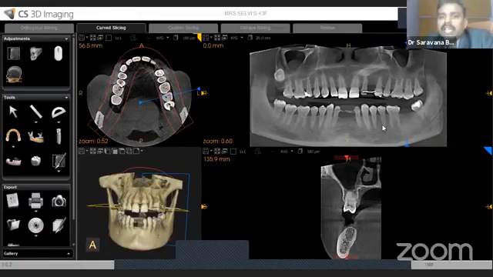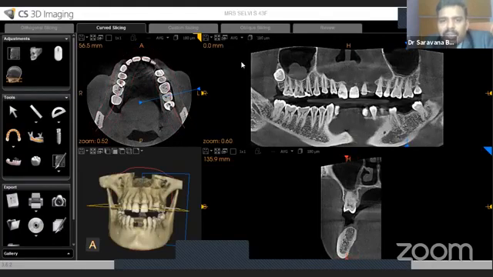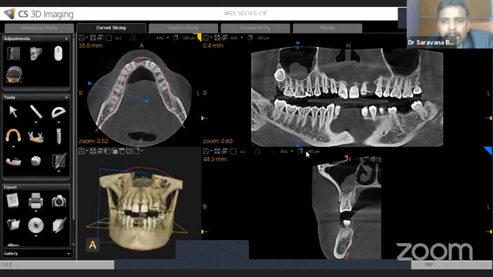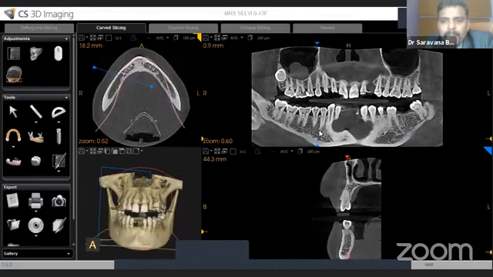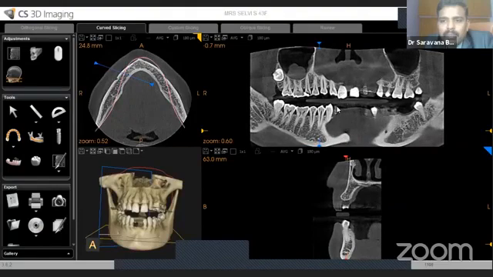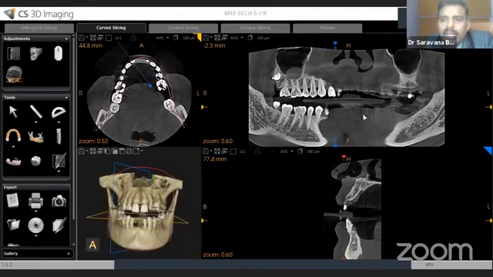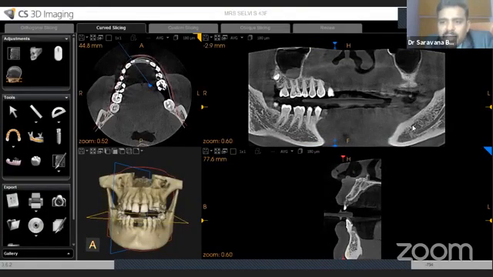Okay, I'll just show you. Look at the OPG view here. There is 20 mm thickness. This thickness is 20 mm. I am going to make it a very minimal slice thickness, that is 180 micron. Okay, I have to adjust these dots accordingly. I am doing that only. Okay, here, can you see the canal clearly?